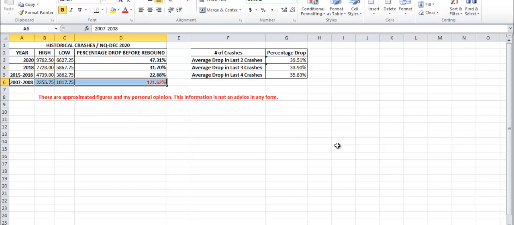So in summary, the data presented in this Excel sheet is just giving us a heads up that the average worst case drop that has happened is 55.83%, or in the last two crashes, it's between 33 to 39.51%. So let us say it's 39.51%,